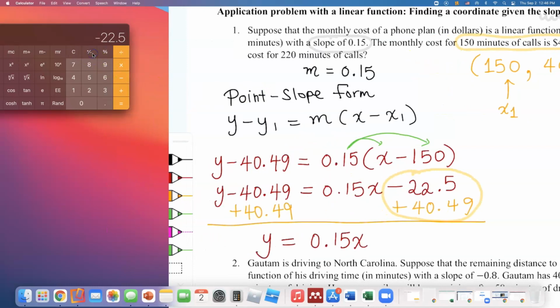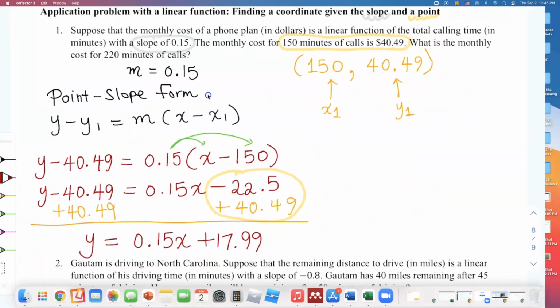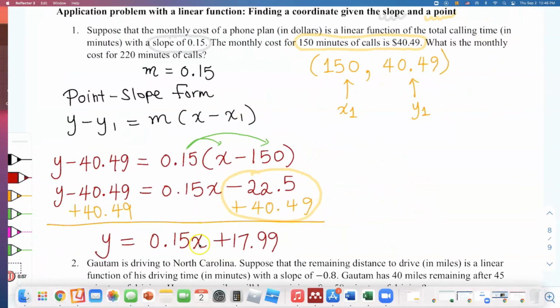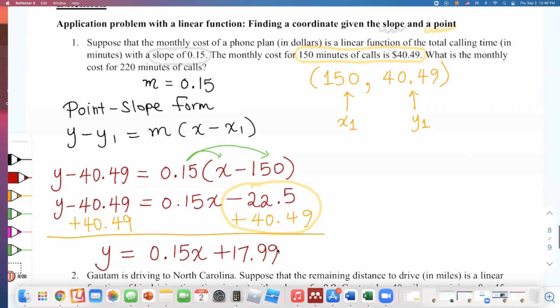So negative of that plus 40.49. That comes out to be $17.99. So that's like a fee that we need to pay to keep our service, even if you don't use any minutes. So if you use 0 minutes of calling time, you still have to pay $17.99. So this is the rule, and what we're gonna do now is we're going to plug in, because there's a